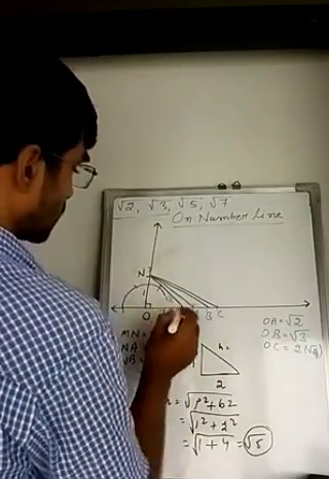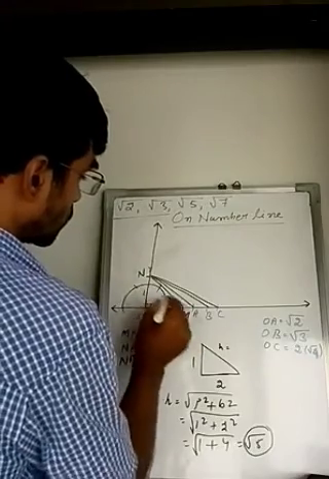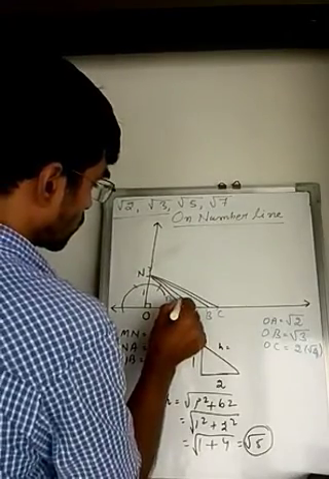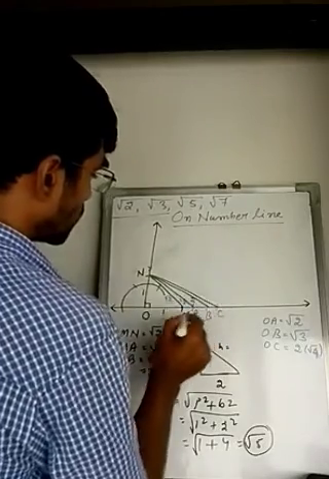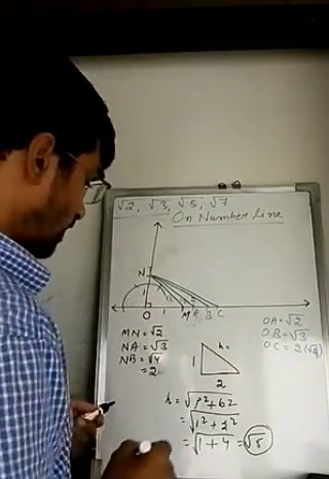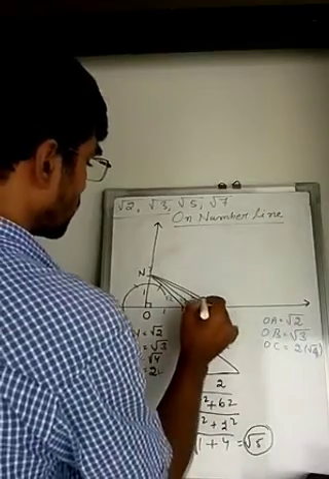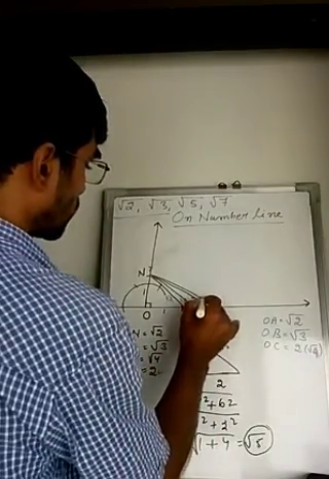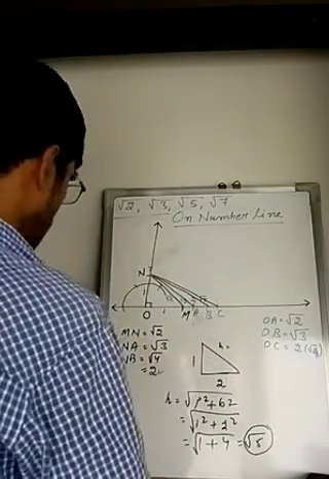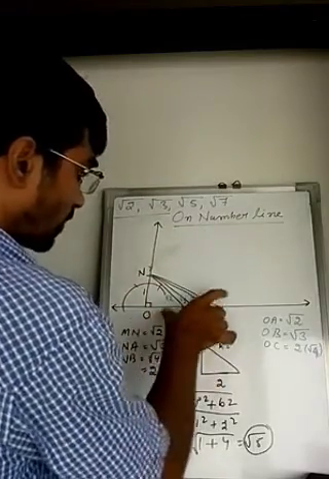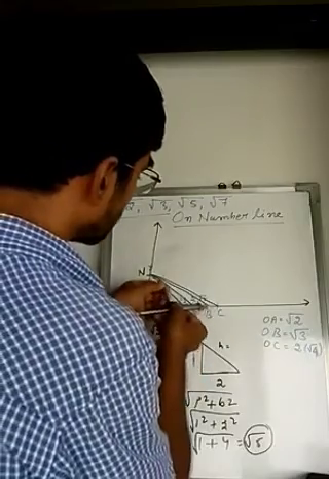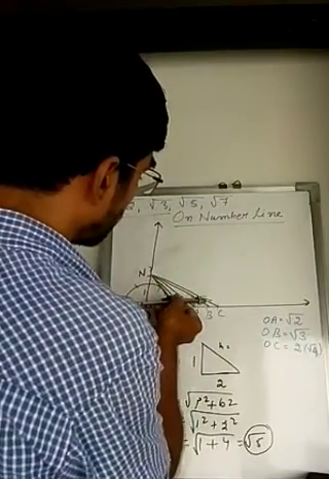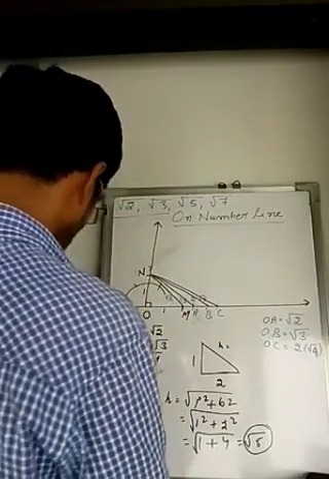So this one is NM is root 2, NA equals root 3 and NB equals 2. Now NC, what do you mean by NC? NC is root 5, so this one will be root 5. Now this value of root 5 I have to take on the number line itself. So I have to measure NC with the help of a compass and I have to take it from O.